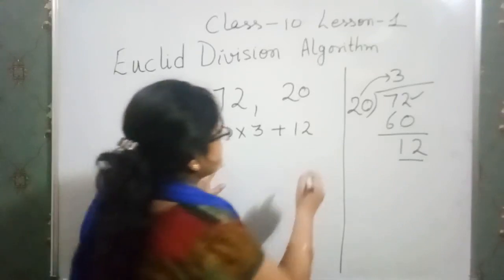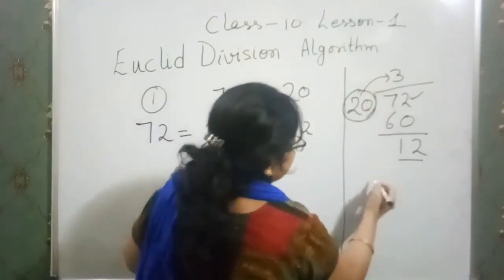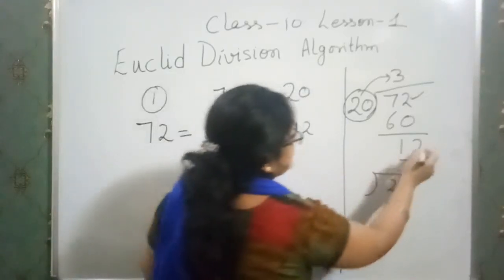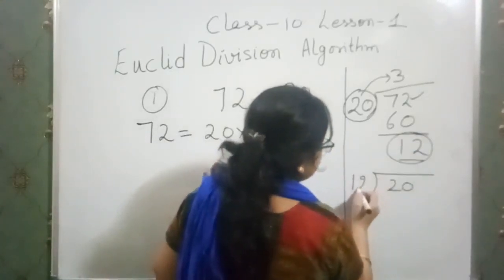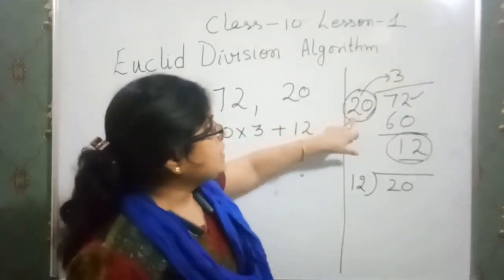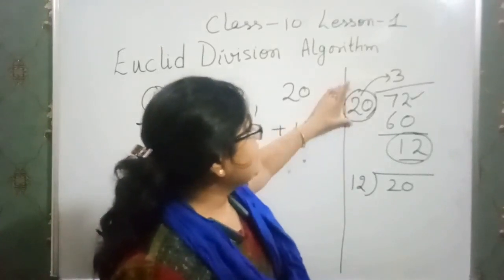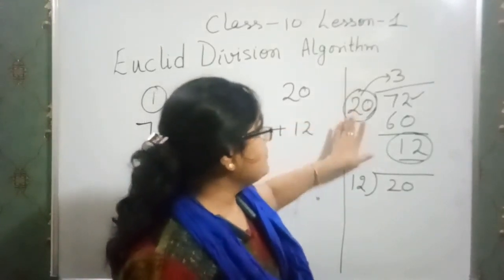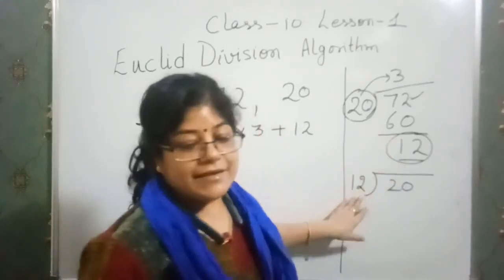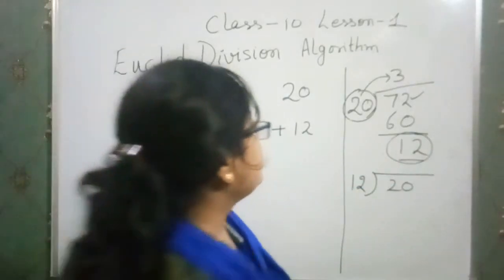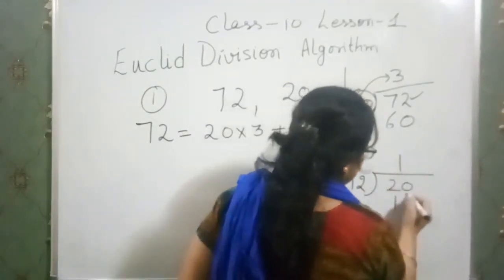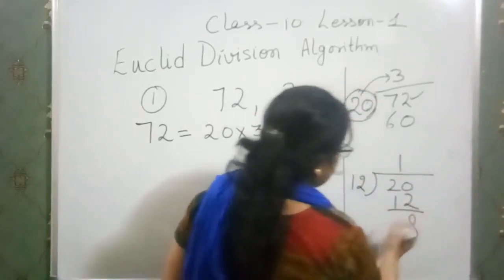Now just take this 20 inside here and divide it with the help of our remainder. Okay, this is the step. That means the term which is here in place of divisor, we make it the dividend, and with the help of the remainder we divide the second term. Okay, now when we divide it, what will we get? We get 12 ones are 12 and we are left with 8.